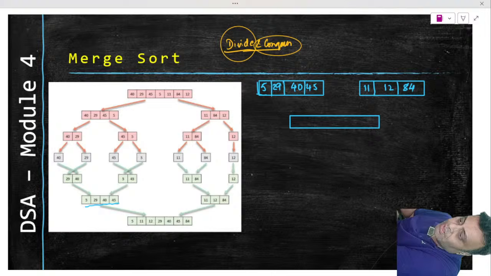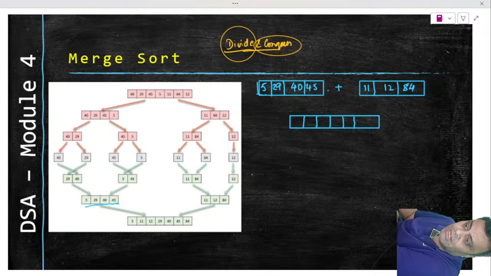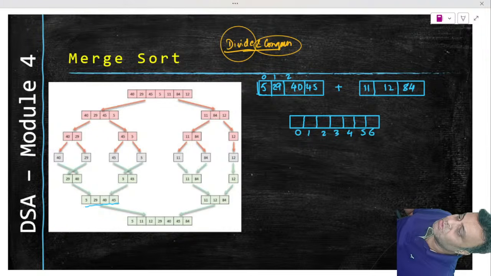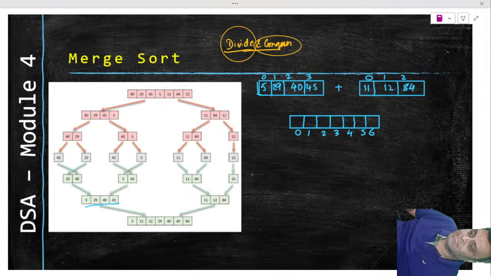That is the question. This larger array we will first create with that many elements as are required from the two smaller arrays. If we add the total number of elements of the two smaller arrays, we get 7. So I will create 7 as the size of this array. This is 0, 1, 2, 3. This is 0, 1, 2. Now I will take i pointing here, j pointing here and k pointing here.